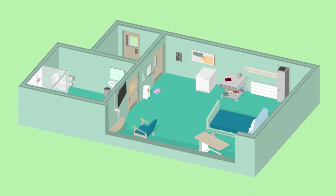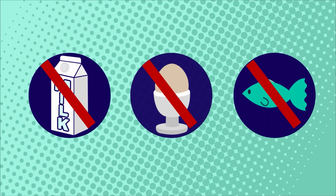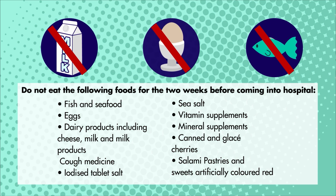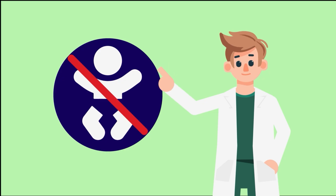Before your treatment, there are many steps you need to follow in preparation. You'll be asked to maintain a low iodine diet as specified by your doctor. This is to help prepare your thyroid to take up the radioactive iodine for your therapy. It's important that you avoid pregnancy or fathering a child for at least 6 months. The team will ask you about pregnancy and breastfeeding in order to make sure that you aren't before you go